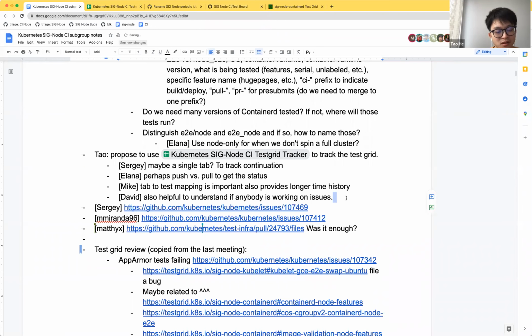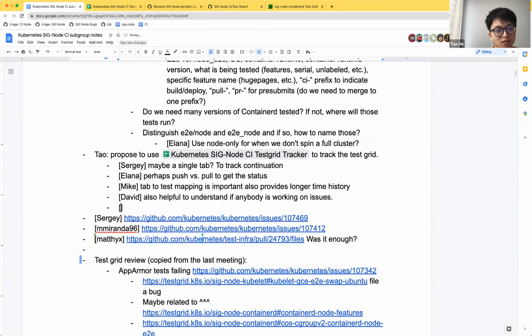When the test grid is more stable in the future, we can remove those trackers and use the automation to track one or two failures a week. But today there are too many, and every time we go to the test grid, I'm confused and don't know the history of it. Probably that's the nature of the test grid. It's tracking too many things.